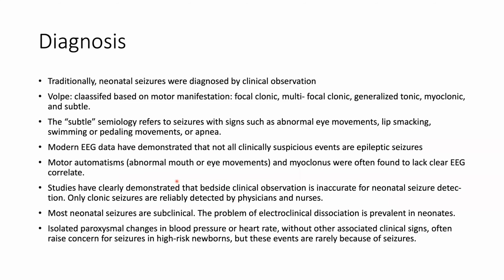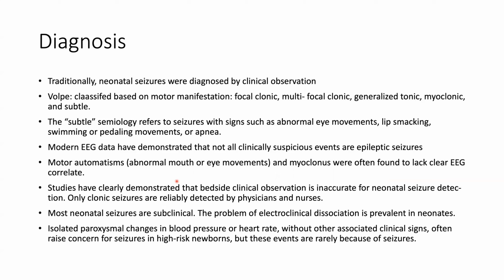So how do you diagnose neonatal seizures? Traditionally, neonatal seizures were diagnosed by clinical observation. Volpe was the pioneer in describing neonatal seizures based on motor manifestations. He classified them as focal clonic, multifocal clonic, generalized clonic, tonic, myoclonic, and subtle seizures. The term subtle is still used by many neonatologists and pediatricians. It refers to seizures with signs such as abnormal eye movements, lip smacking, perioral movements, swimming or pedaling, cycling movements,